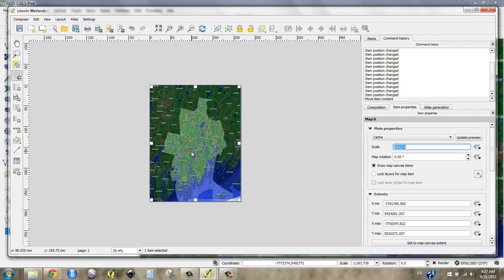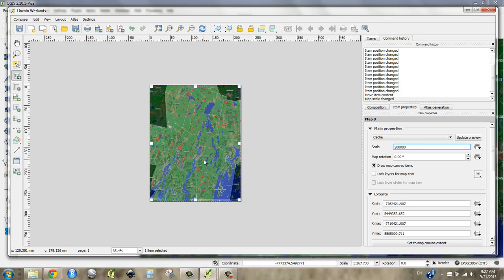So if I want to zoom in, this number gets smaller. If I want to zoom out, this number gets bigger. So I want to zoom in to central Lincoln County, and I'm going to try 200,000, 1 to 200,000. So I did 200,000, and that looks pretty good to me. Next thing I want to do is